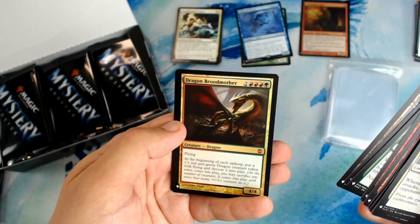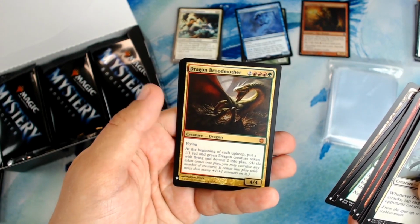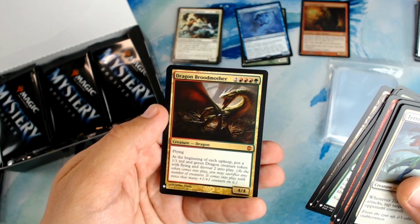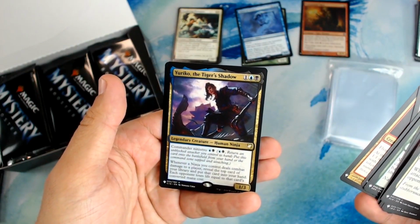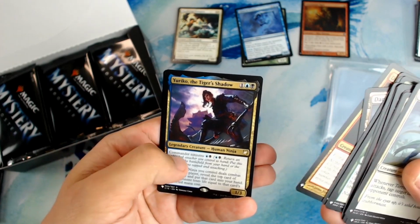Oh, and back to back. Mythic in the first pack, mythic in the second pack. It is a Dragon Broodmother. Flying. At the beginning of each upkeep, put a 1/1 red and green Dragon creature token with flying and devour 2 into play. Brutal. And it's a Yuriko, the Tiger's Shadow. Commander ninjutsu. And our foil...